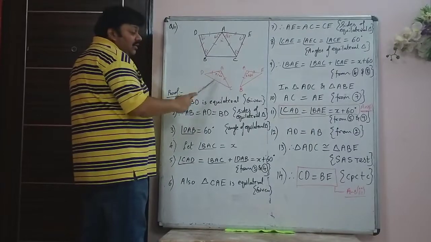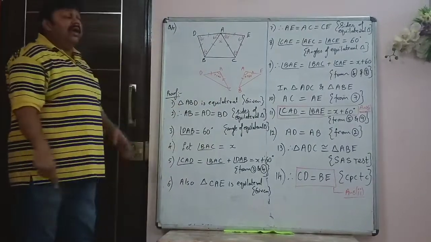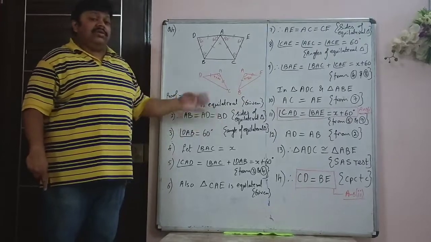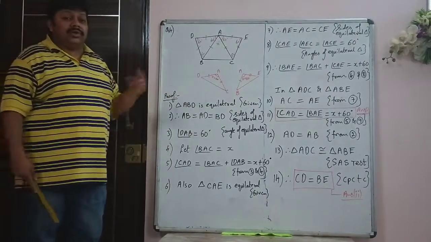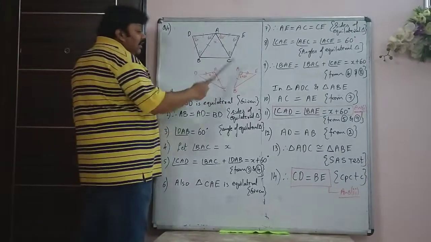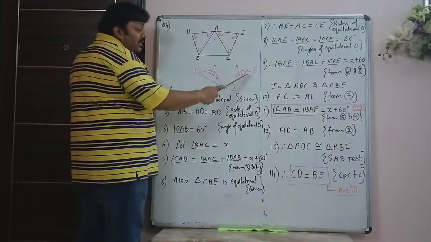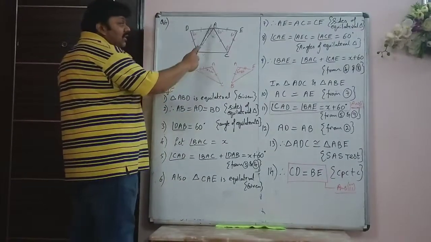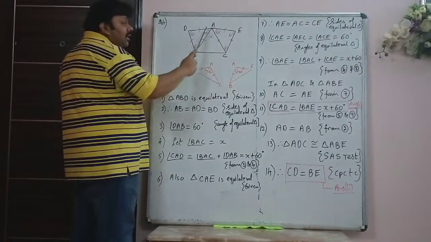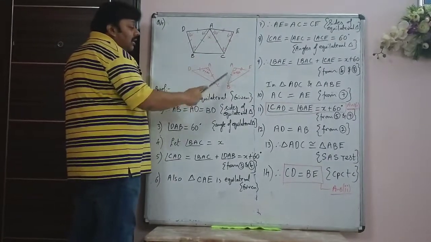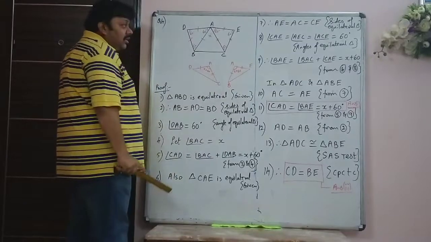Once I draw the first figure, I can draw the two triangles, and I would insist that you draw these two triangles separately, because then the proof becomes obvious in the figure itself. It becomes very simple to understand. And the second triangle, because I have to prove BE and I have to prove angle BAE, the second triangle I require is BAE. So I join BE and I draw the figure here separately.